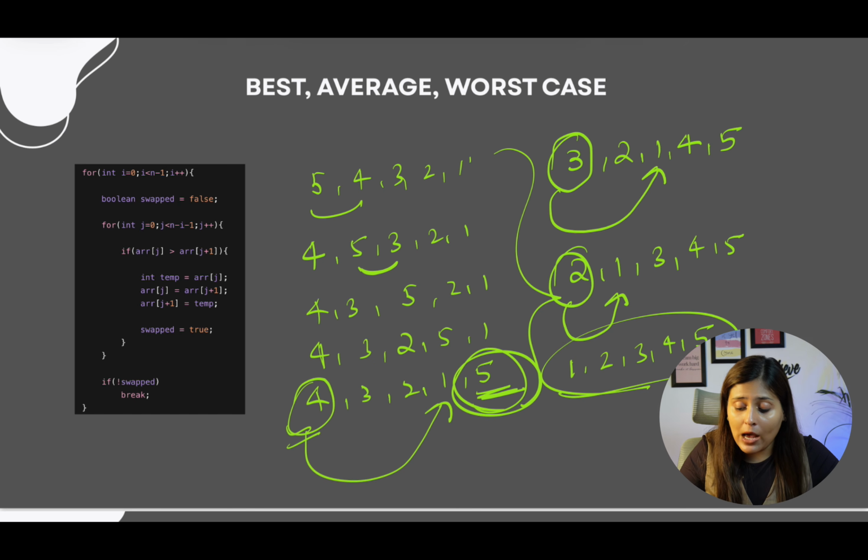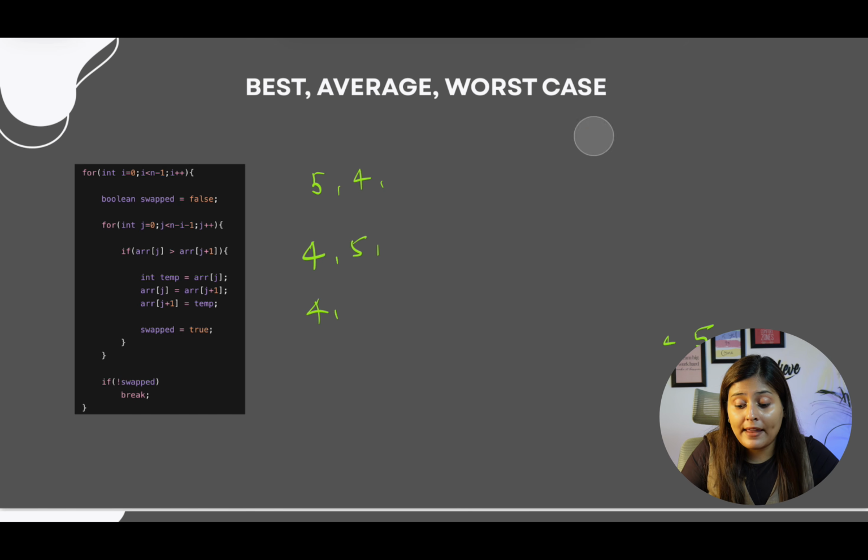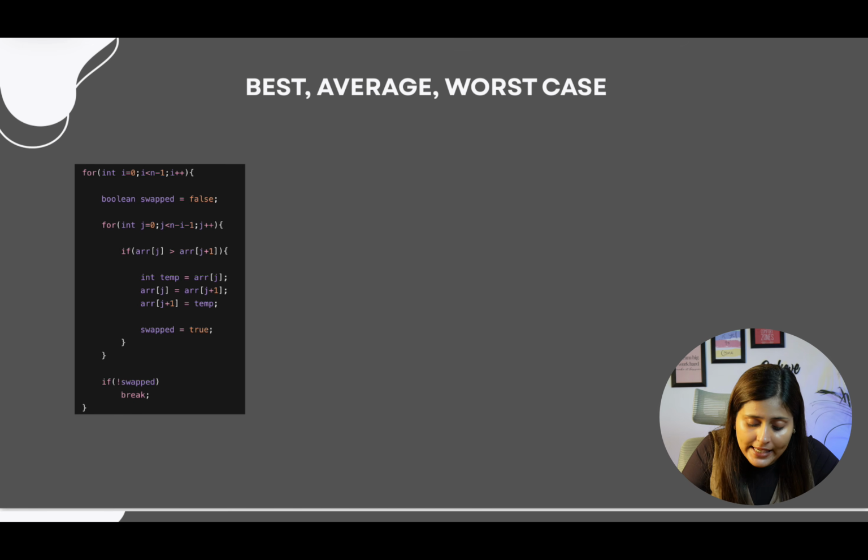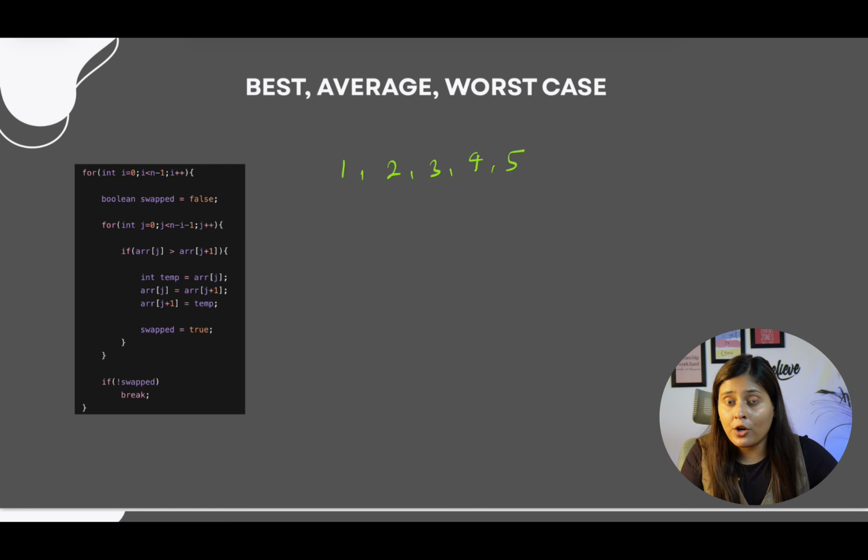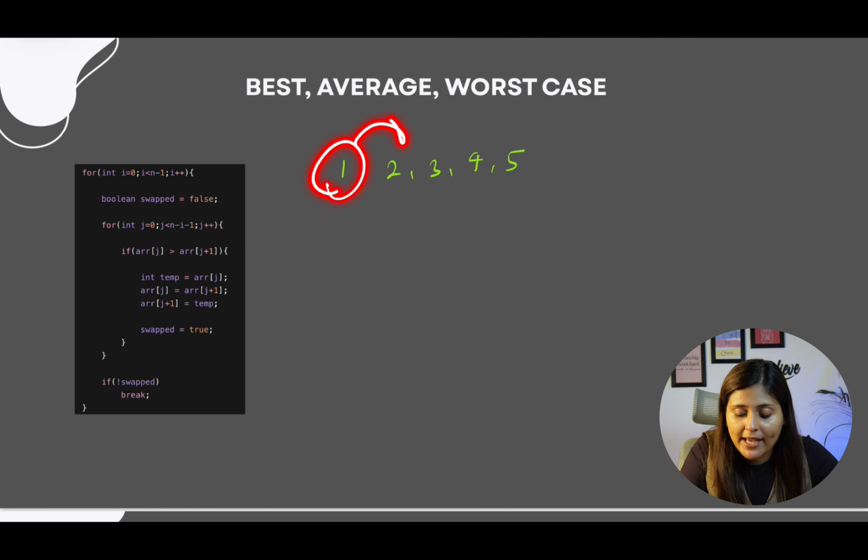Now for the best case, how can I think? What if the swap never happens? As you can see here, if you find a greater element, then you swap. What if we never find a greater element? Then what do we do? Definitely we will not swap. So suppose our test cases are generated like this, where we are not swapping, but we are running the whole for loop to check if it is greater or not. Similarly for 2, greater or not.